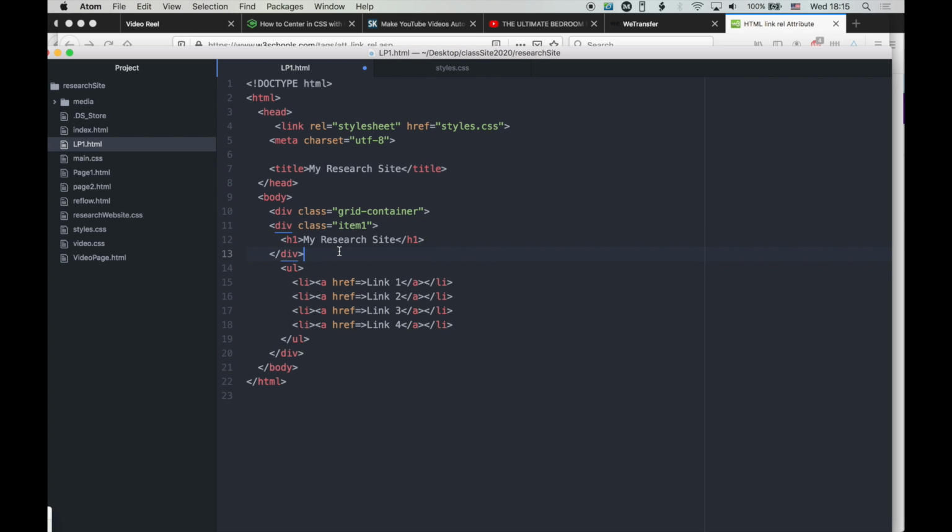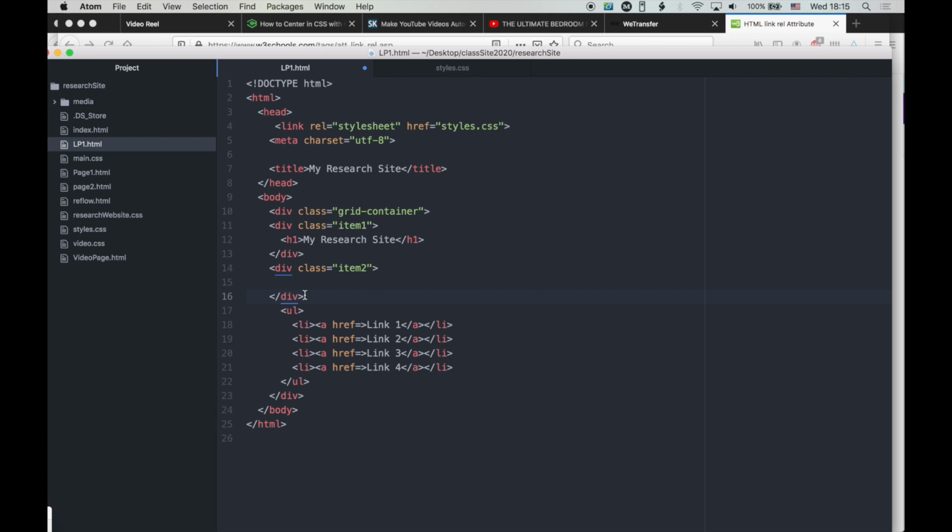And I'm taking this div and item 1 encapsulation off of the W3 Schools tutorials. They all seem to use divs and classes rather than try to make the H1 itself be a grid item. All the things are encapsulated in divs and then given a class. This seems to work fairly easily without hiccups, so I'm just going to go with it to make things easy. Okay, so we're going to have class item 1, then we're going to have item 2,